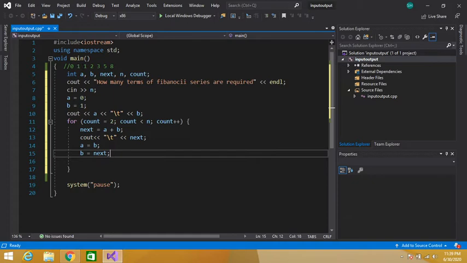This is our A and this is our B now. And then our loop body is terminating. This is just to move one step forward. So the control will again come to this counter variable and increment the value of count by 1: 2 plus 1 which is equal to 3. So 3 is less than n. Let's execute this program.